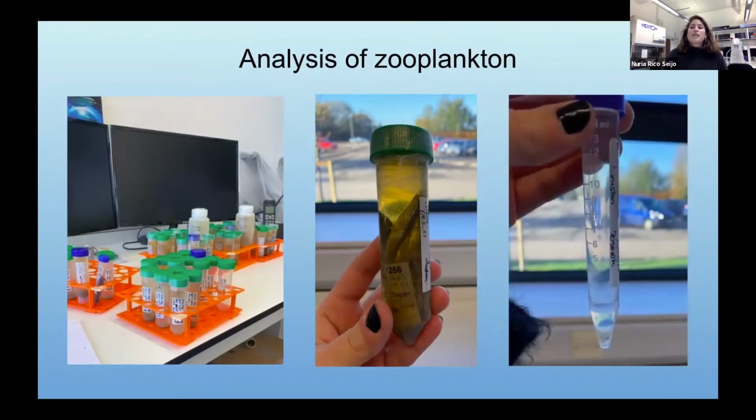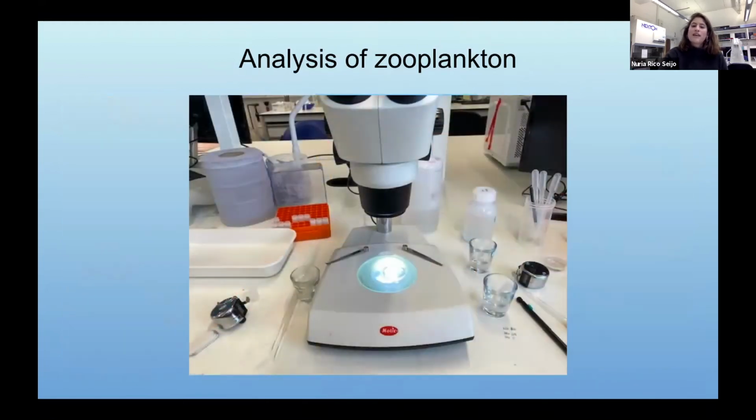And we end up with something like that. And you're like, there's really nothing there. Actually, there is. It's just a tiny portion. And that is the portion we're going to take to the stereo microscope. And that's when we are going to divide it into the groups.